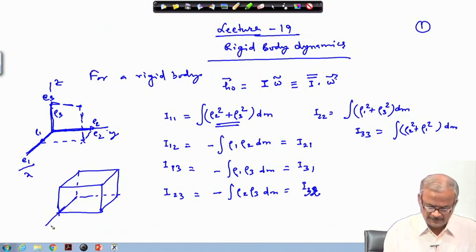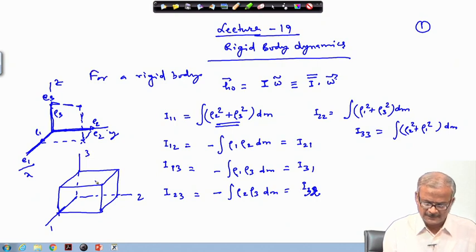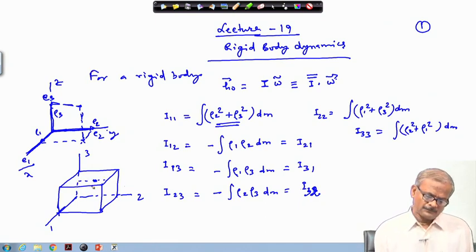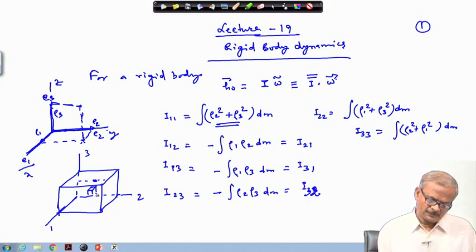So, I can have this direction, this is the first direction, this is the second direction and this is the third direction. So, I can have a mass located here, and for this mass we have to model it properly. So, we have to consider a small element of this, which will be indicated by d rho 1, d rho 2 and d rho 3.